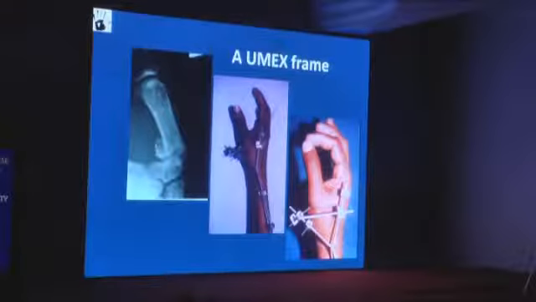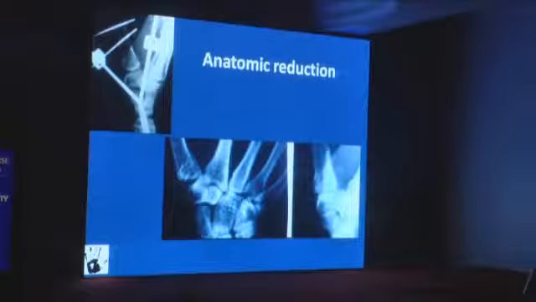Now when you put a fixator, Hemant Patankar puts pins into the trapezium and into the scaphoid, and I would avoid doing that. I would skip it and go to the radius. But if you tell a patient you've got a fracture here and I want to put 2 pins here, he's not going to let you do that. Somehow in the old days we managed to do that because we had an OPD full of fixator patients and they thought that's the only way these fractures could be treated. But you can get an excellent reduction with a fixator, excellent reduction.